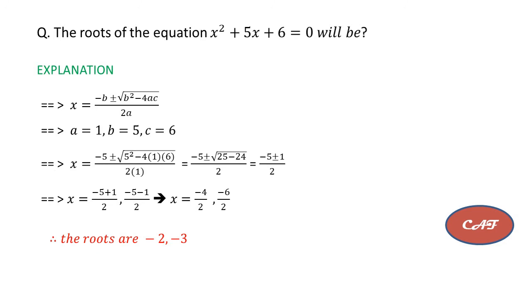Again, if you want to see whether you will get the correct answer or not, you can substitute. Like x is equal to minus 2, then x plus 2 is equal to 0 will come. Correct? So x plus 2 into x plus 3, if you multiply these two, you will get whatever question they gave. You can try it once. Okay.